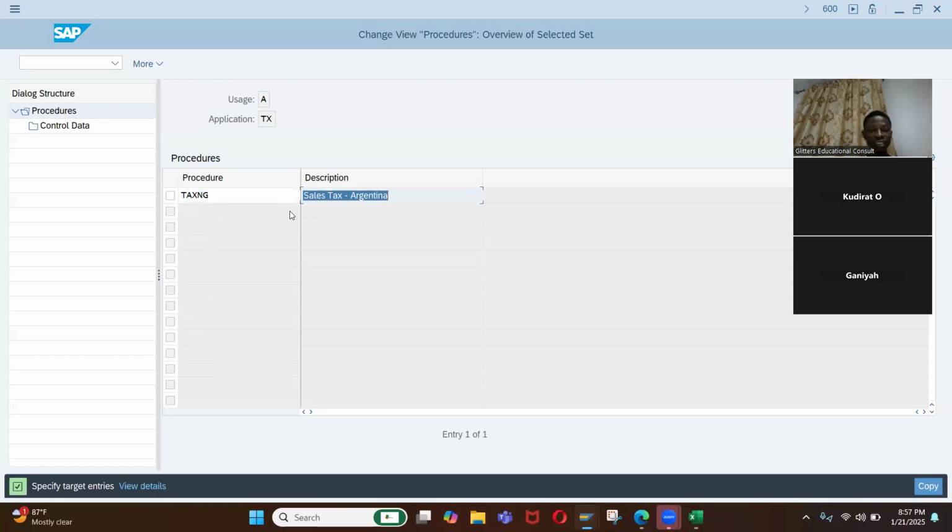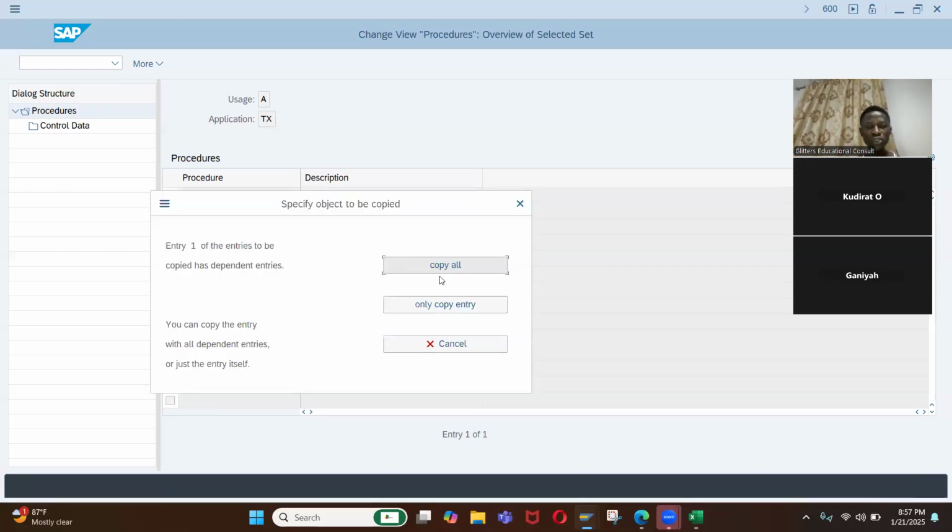Then I'll come to this place and say tax procedure for Nigeria. So, like I explained, the tax procedure is how you want your tax to be adhered to or to be used. How you want your tax to be used, or the setup of your tax in your country. That's what it means. So I'll click enter on my keyboard, and it will ask me,